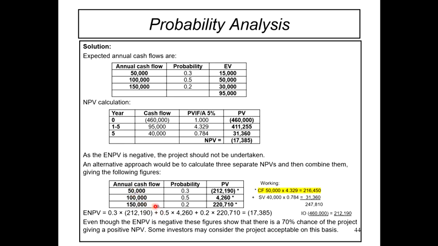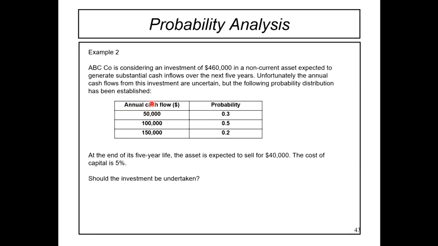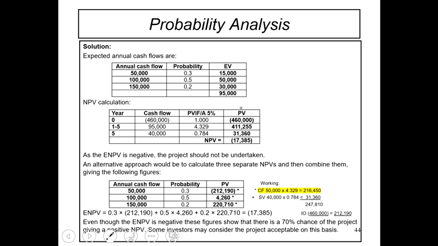First kita ada annual cash flow, tapi sekarang ni dia tak cakap pun yang year 1 akan terima 50,000, year 2 akan terima 100,000, year 3 akan terima 150,000. Tak, dia tak cakap. So kita kena kira one by one, sebab dia bagi probability lah dengan expected yang ada risk. Sebab tu ada probability. So you punya cash flow sekarang ni, you kena ambil first kali, you kena kira yang 50,000 ni. 50,000 darabkan dengan PVIFA.